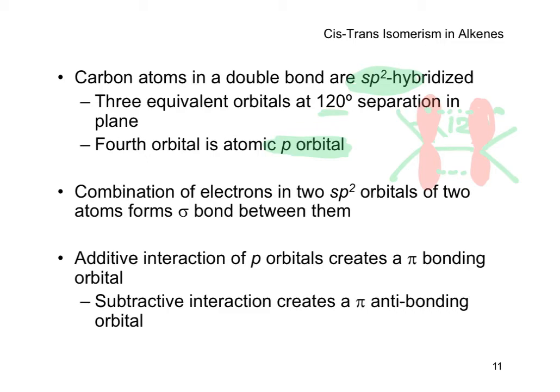So if one had to count how many sigma, how many pi, each of these are sigma bonds because they're single bonds. But that pi-pi overlap is the pp overlap. That's going to give you the